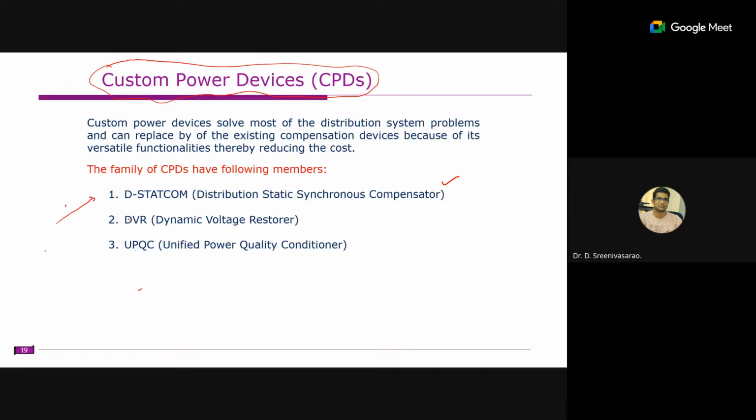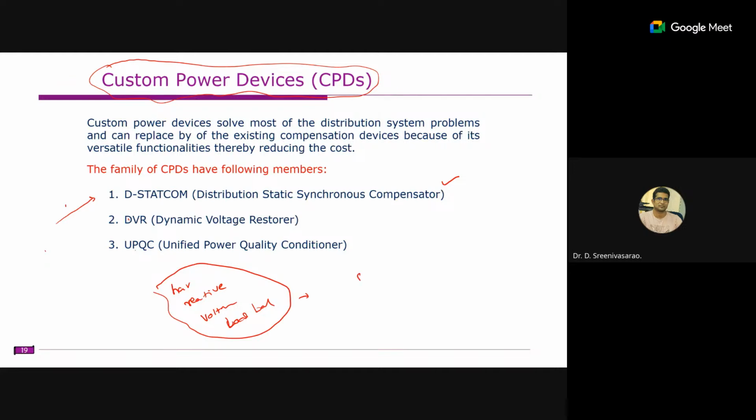With a D-statcom, you can compensate the current related harmonics. You can compensate the reactive power, so it will reduce the reactive power burden. We can also control the voltage magnitude at a particular bus by properly injecting reactive power. Another thing is that we can control unbalanced loads, so load balancing is possible. By doing all these things, whatever problems are there in the voltage can be minimized.